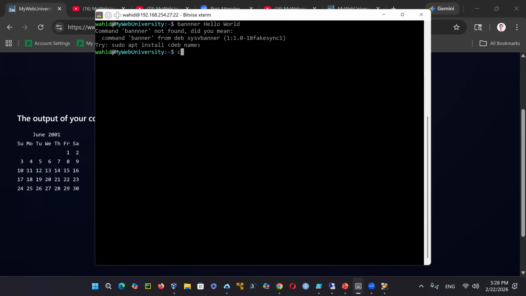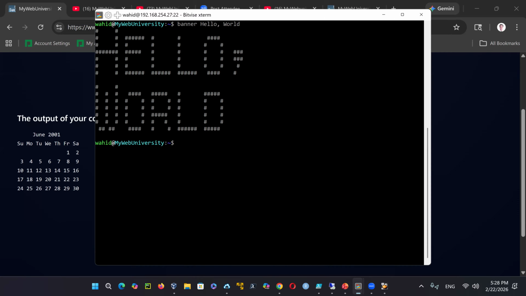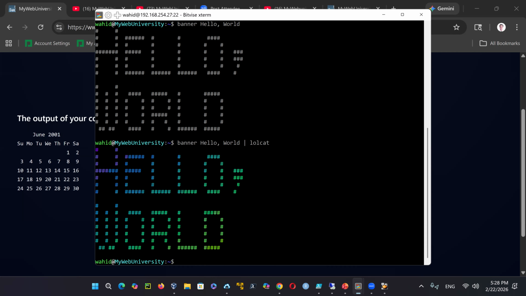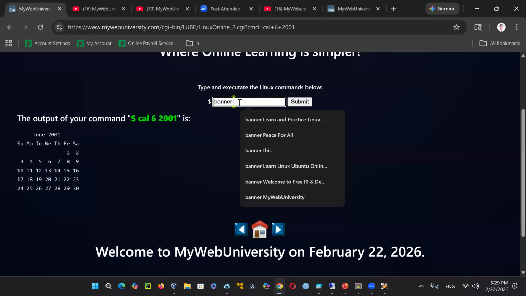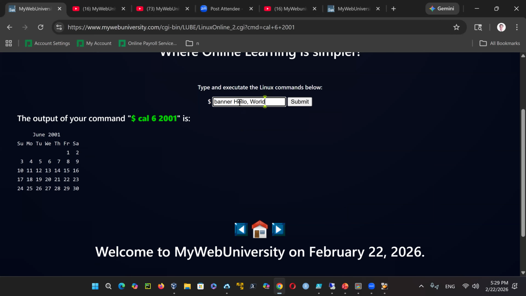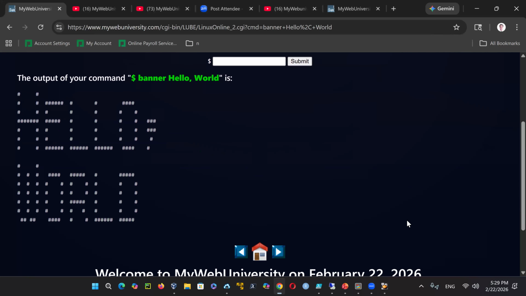So for example, here I say banner hello world. It will just write that one, and then you say make it lolcat, see if it nicely changes the colors as you want it here. But on the browsers, I'm not going to change the coloring. I could allow you to type in, say, banner here hello world, and then it'll just produce this hello world,